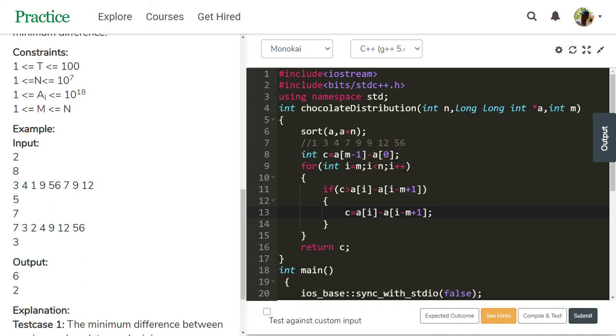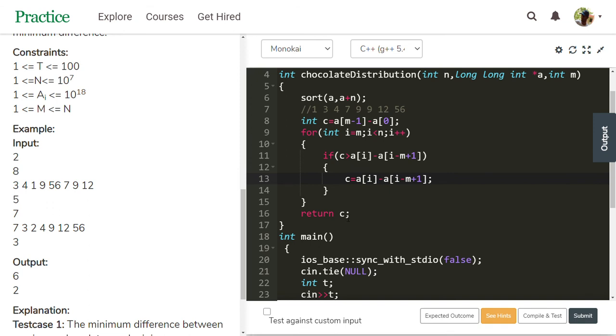The i value is 7 now. 7 less than 8 is true. c is 6, greater than 56 minus 7, which is 49? 6 greater than 49 is false. This block does not execute. The i value increments. 8 less than 8 is false. Then the for loop stops execution. It returns c, which is nothing but 6.